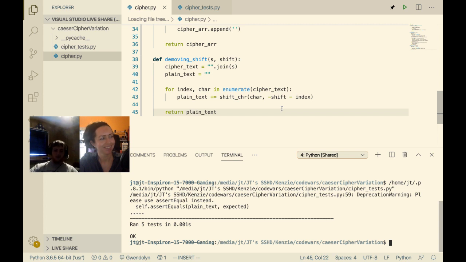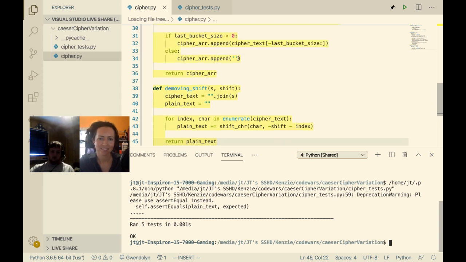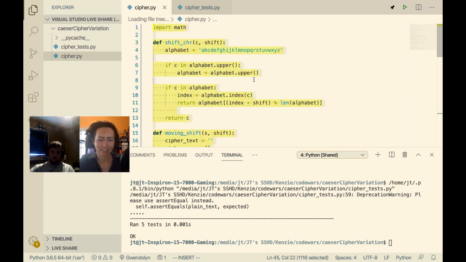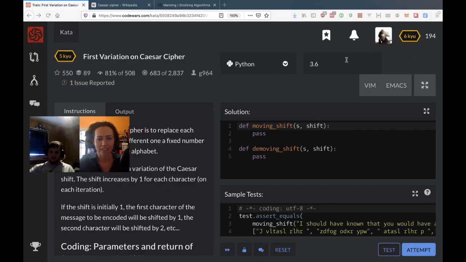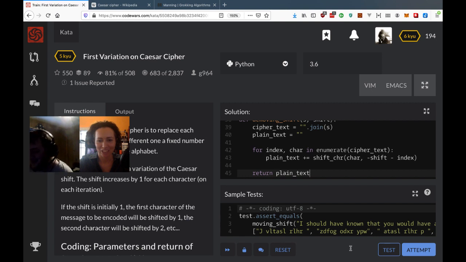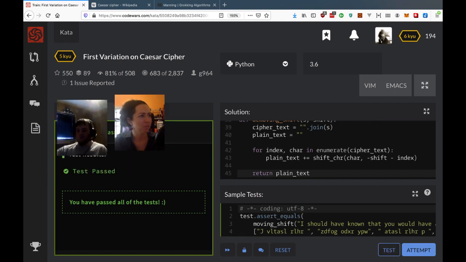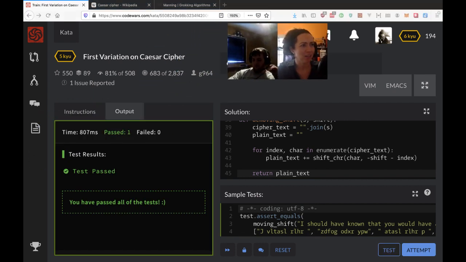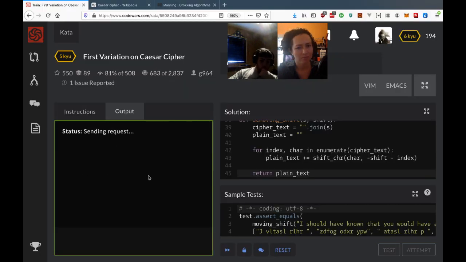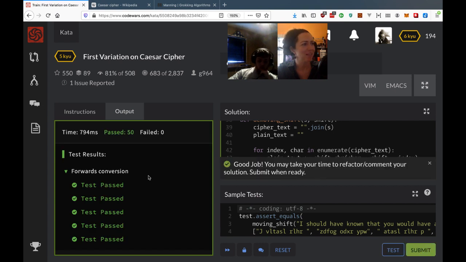Okay. So then we got to take this and put it into the Codewars kata. Let me do it so I can do it on camera. I guess you're going to use it for yours too. Absolutely, I'm getting those points. It worked. First I'll test it, because testing runs the basic test. Okay, we pass all the basic ones. Now I'll attempt. Sweet, we passed all 50 tests.